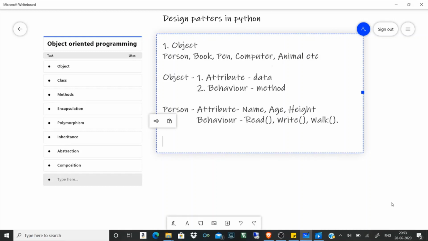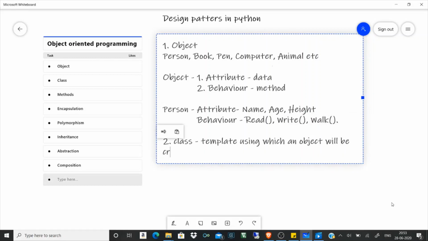Before an object is created, a class needs to be created for that. A class acts as a template using which an object will be created. In simple terms, a class is a user-defined data type created by the programmer.